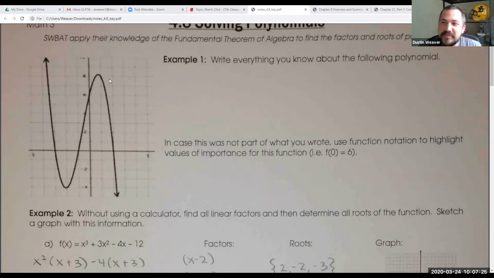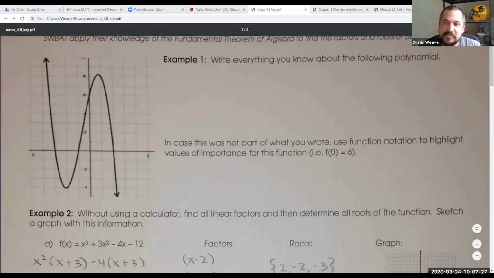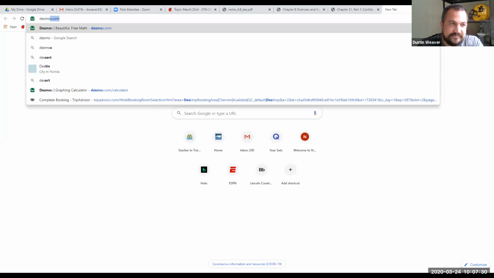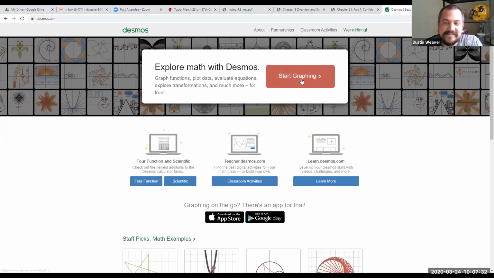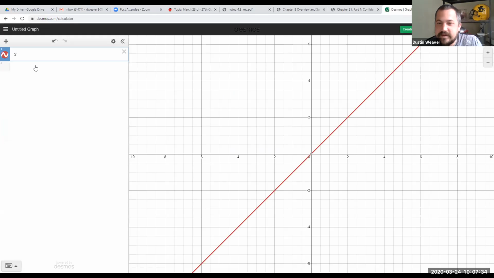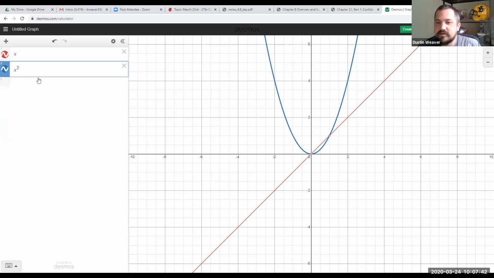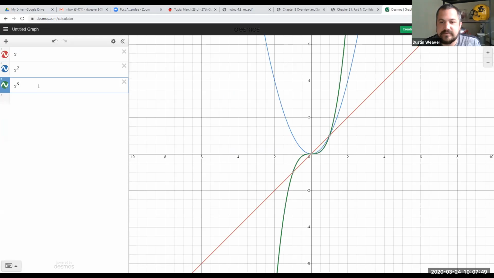Cool. All right. Anyways, now let's go to Desmos real quick and let's look. A degree of 1 is a line. It's linear, okay? It's a degree of 1, x to the 1. A degree of 2 is a quadratic, which is a U shape, right? A degree of 3, let me pull the other two off, is where it turns and then another turn. So let's take a look.